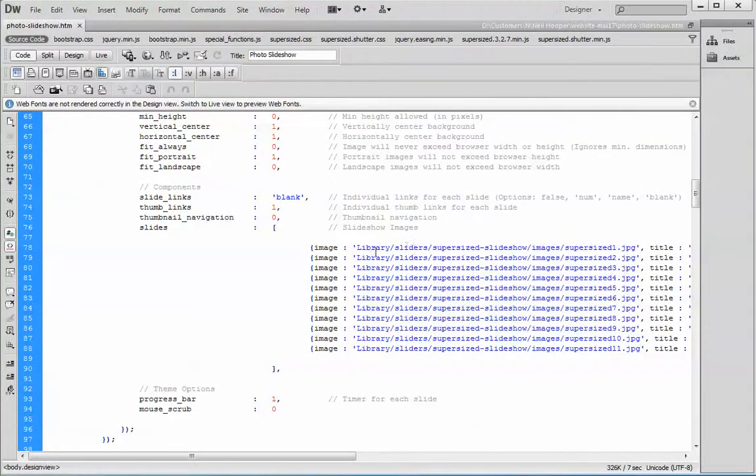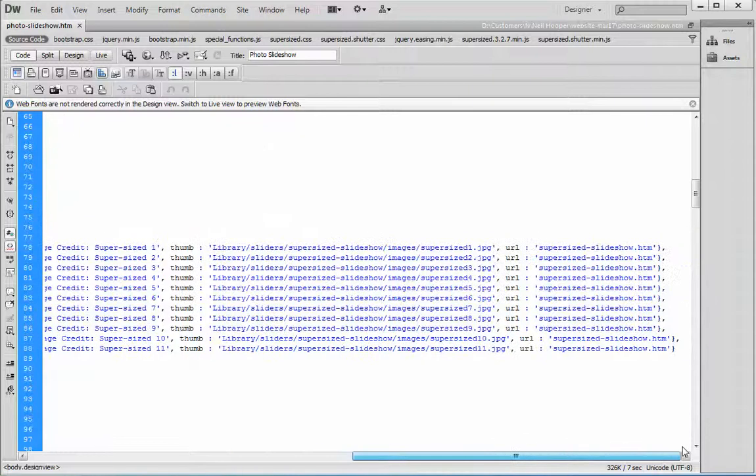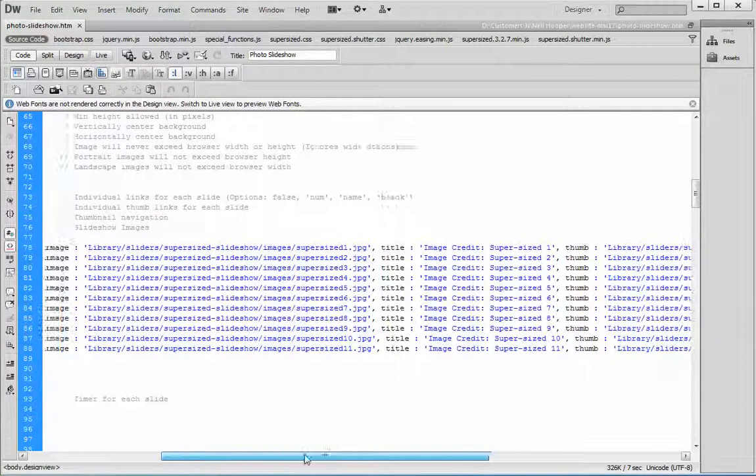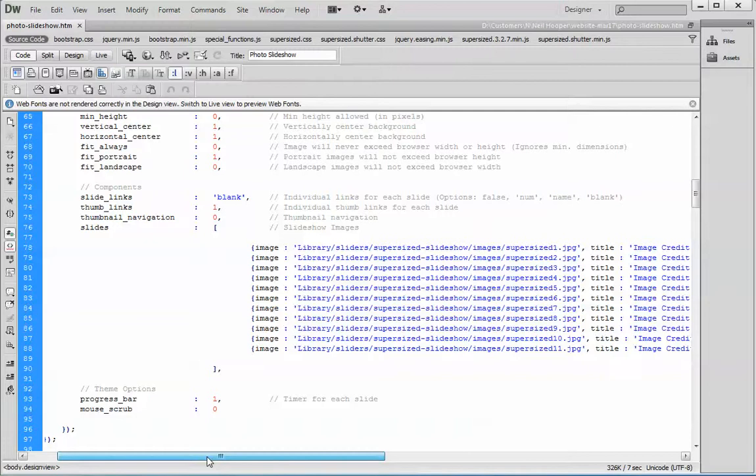You've named your pictures library, sliders, super slideshow images. So you've added supersized 11, and that shows up for me, right? And you left the comma off the end, so that works for IE8, so that's great. You've named it all the same, images supersized 11, so it all looks good here. Okay, so I'm seeing what I would expect to see, 11 pictures, but I don't know what those